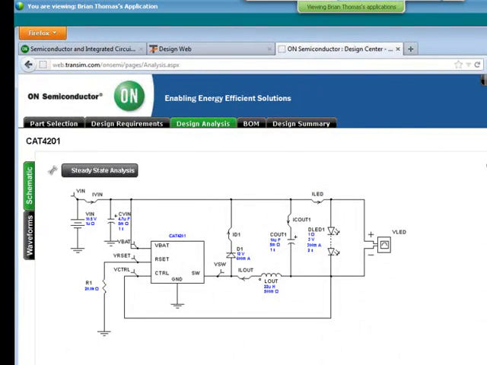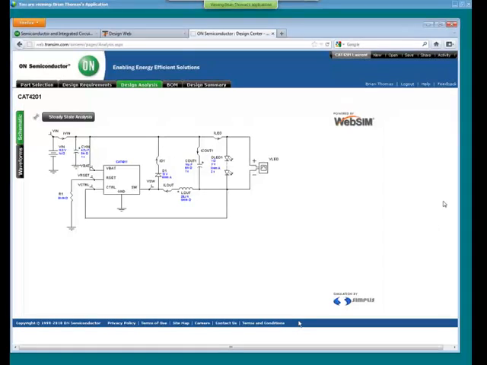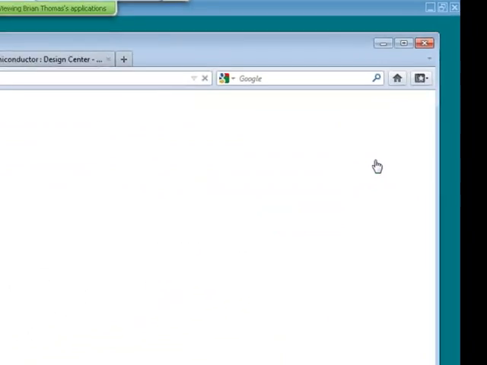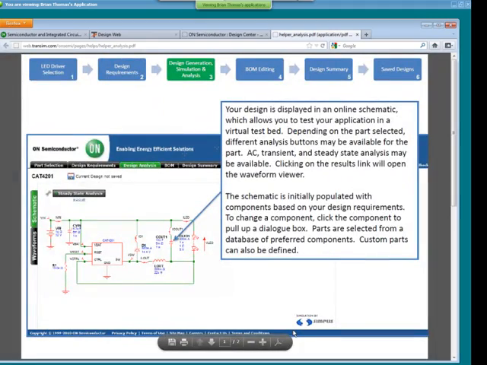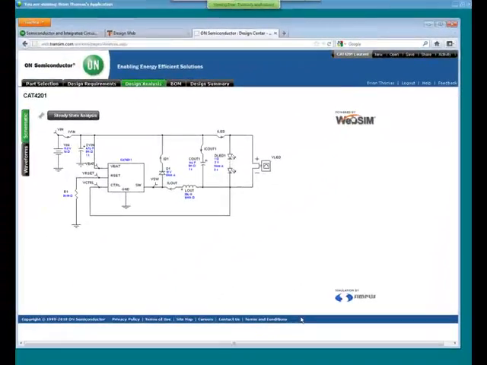Okay, so I can look here. So Laurent shared this CAT4201 with me. This one, you can see it's actually a completely different circuit than the one that we were working with before. A couple of other items to look at on this one. You'll notice here there is a help button, and it will pull up a brief help on how to work with this page. Or you can download a complete help manual, and that will go through all of the steps